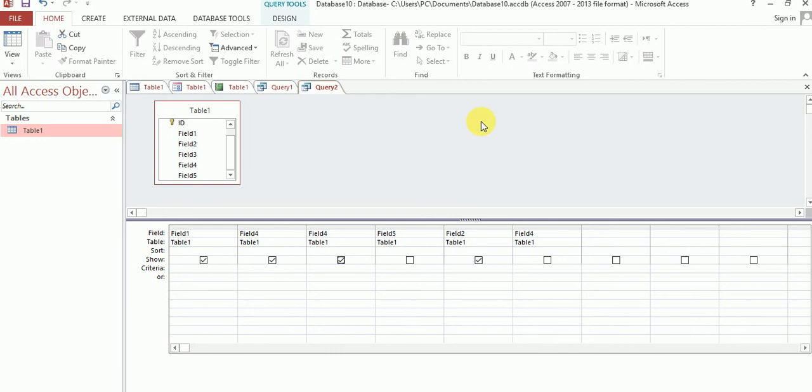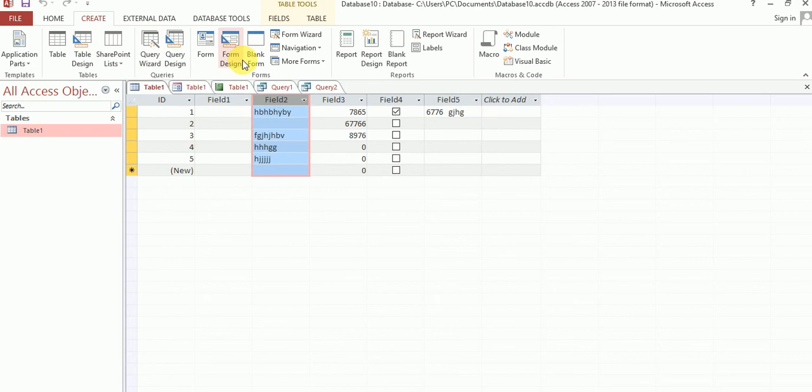Next, macros. Macros are the set of instructions that help you automate your repetitive tasks performed on a database. Macros.